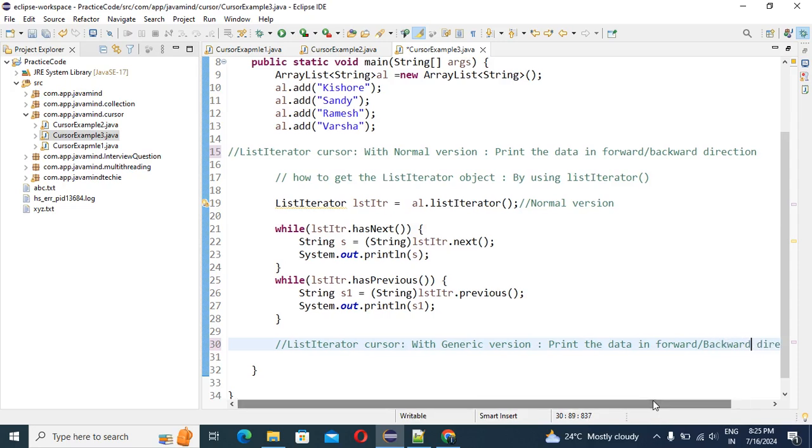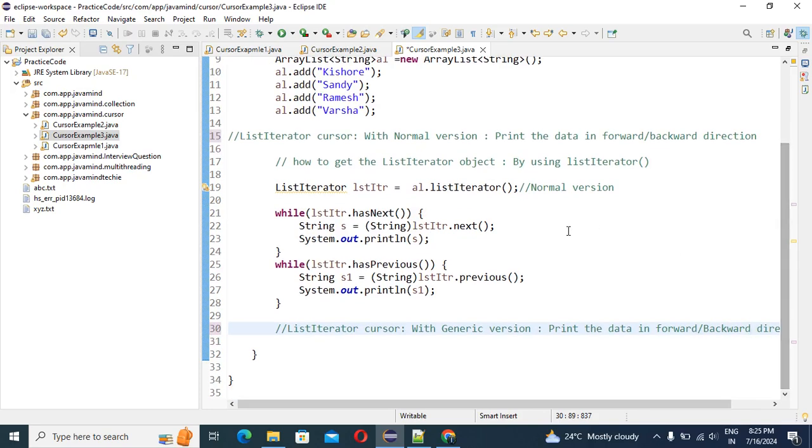So guys, see, already mentioned. If you are going to use the normal version, that means we need what? Typecasting. If you are going to use the generic version, we no need to do the typecasting. So same code I will write with the help of generic version. So guys, see, copy this thing,